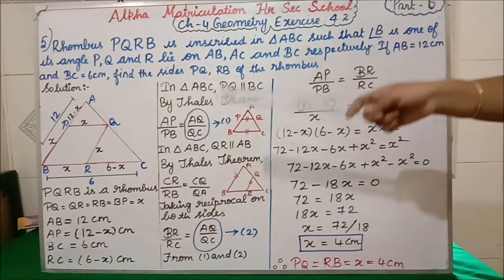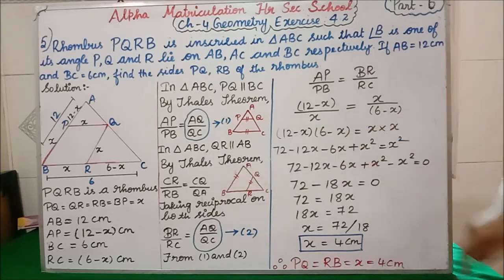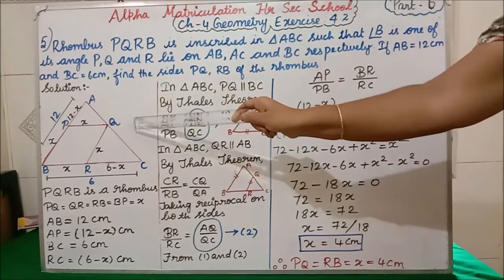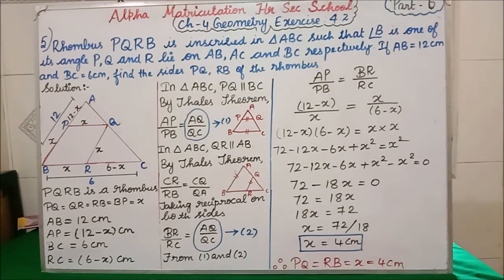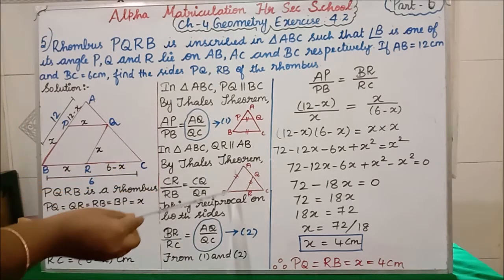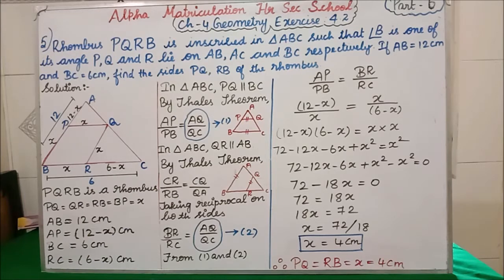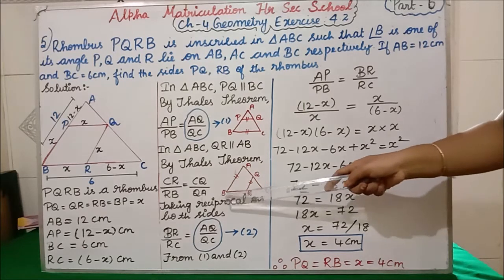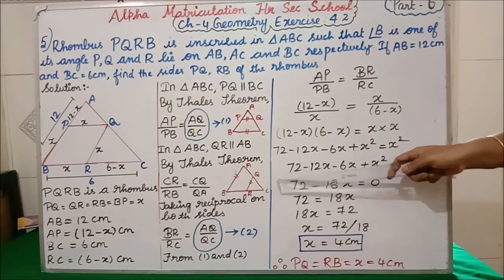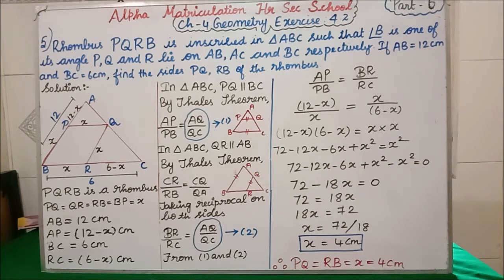Then next we are taking the same triangle ABC. Now which side are we taking? Now we are taking this QR side. Clear, all of you? We are leaving this and we are taking this QR. So in triangle ABC, QR is parallel to AB. I have drawn a double line, so when you see it, it will be clear. Now when QR is parallel to AB, how can we write the corresponding sides? CR divided by RB is equal to CQ divided by QA.